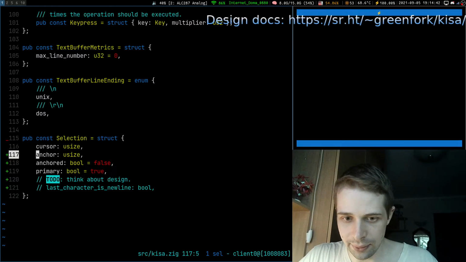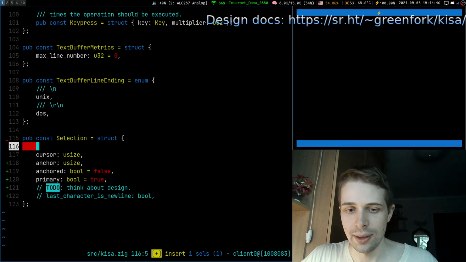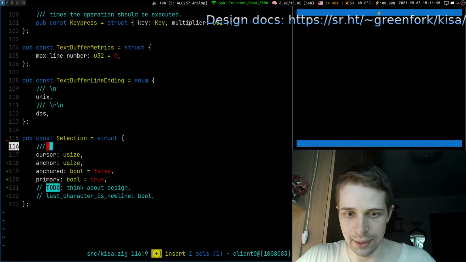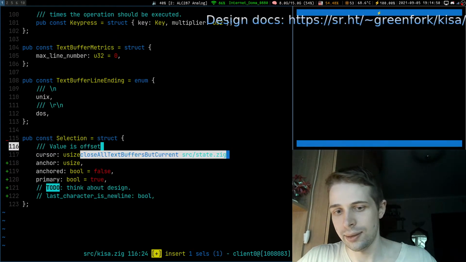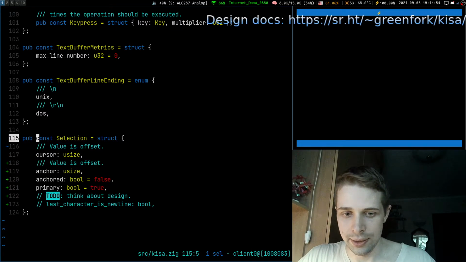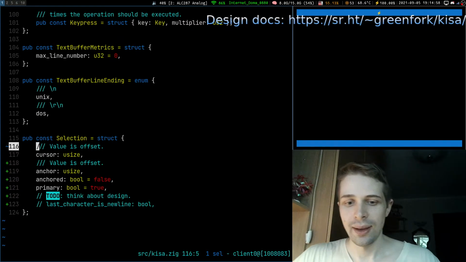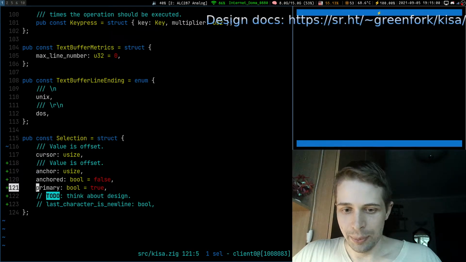And yeah, when I think of it, they should be usize definitely, because it is an offset. Right, let's write here, value is offset, a little bit of documentation for the next generation. All right. Anchored, primary, cursor, anchor.